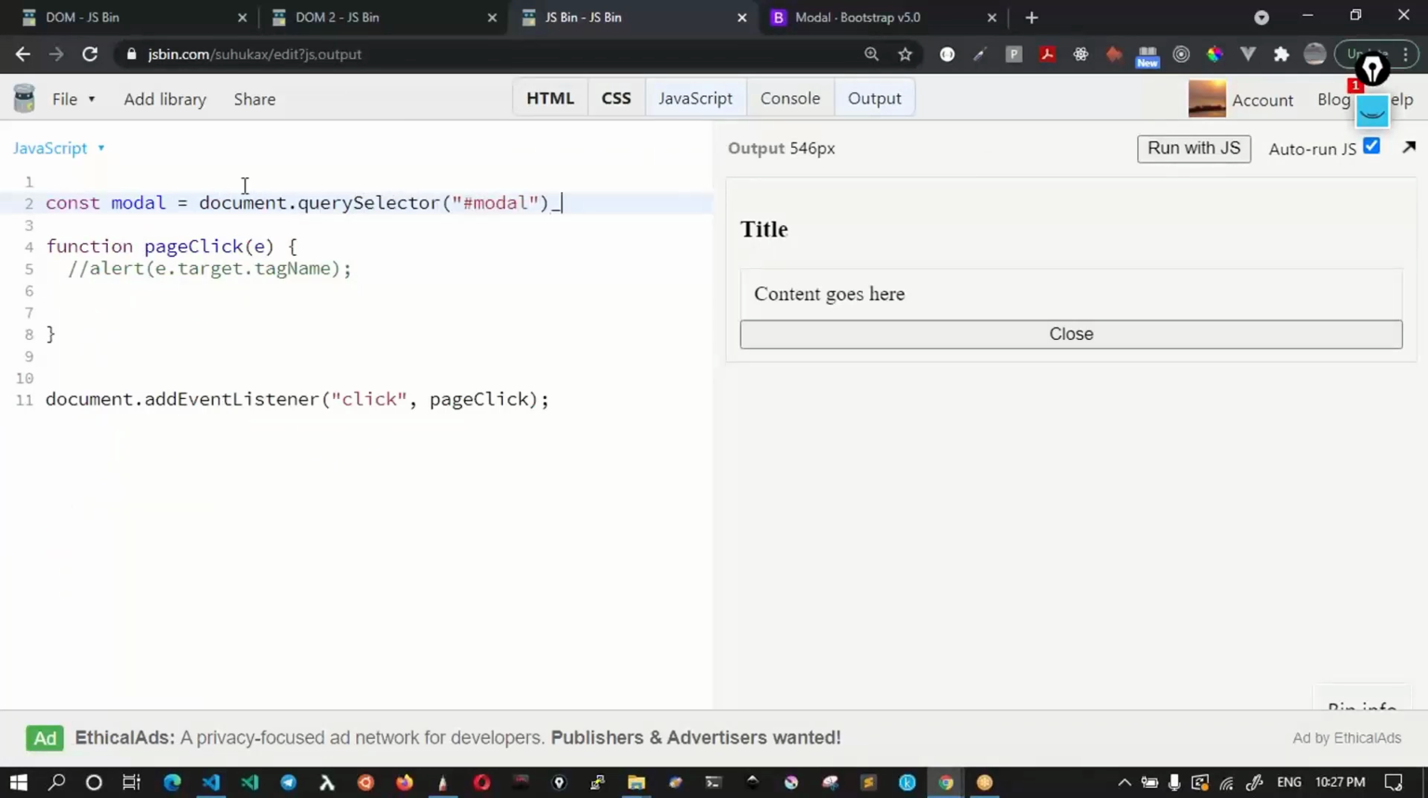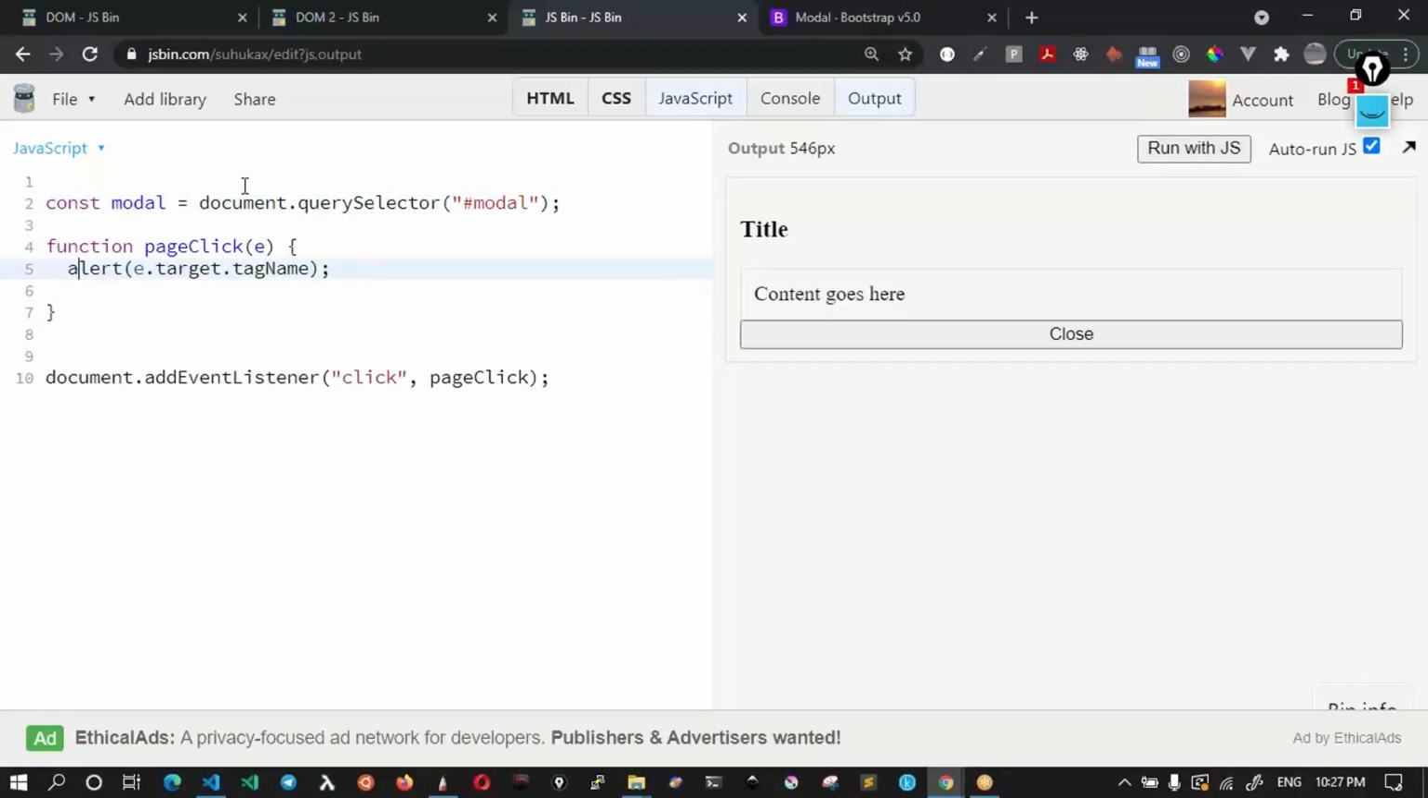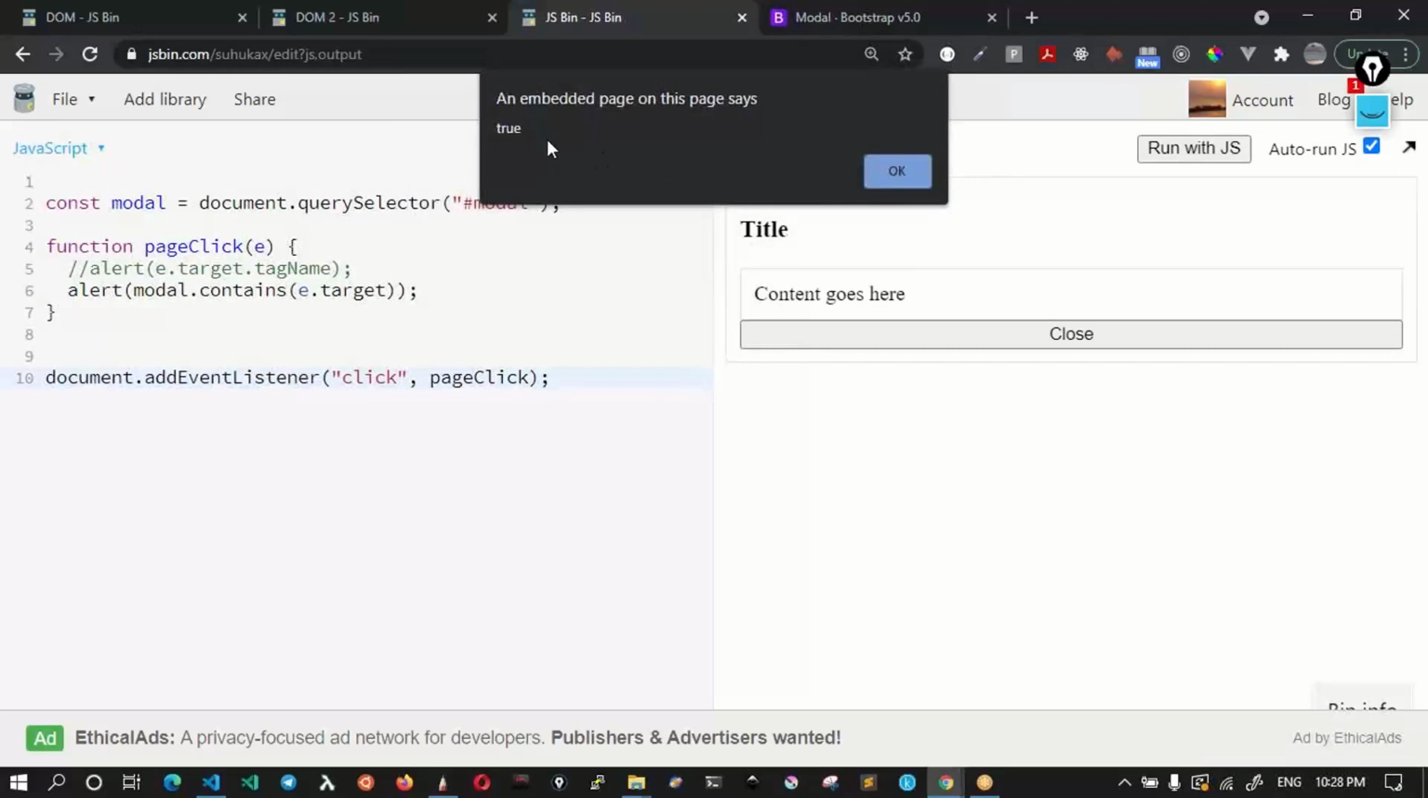Okay, so you have a reference to the model, and here you could do an alert. I'm just simply alerting here for your reference. Alert model.contains event.target. Let's check what we are getting here, the output of this, and then I'll explain this. So now when I click inside the model, you get true, and when I click outside the model, you